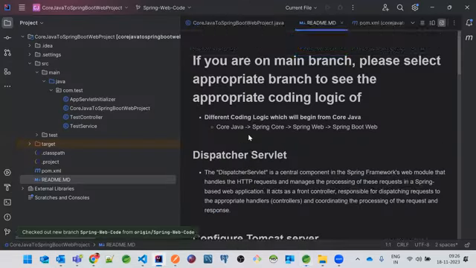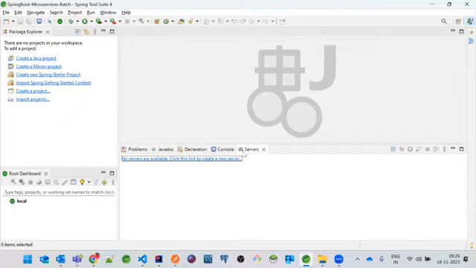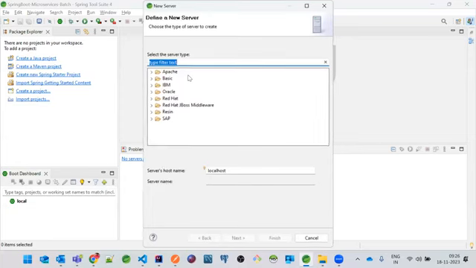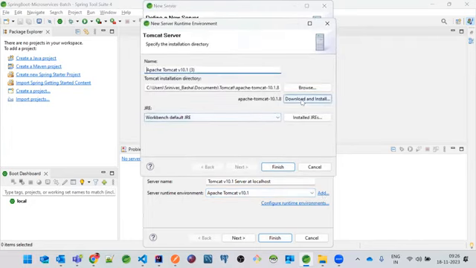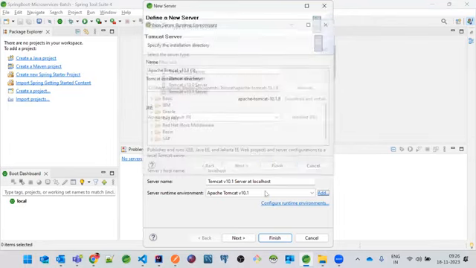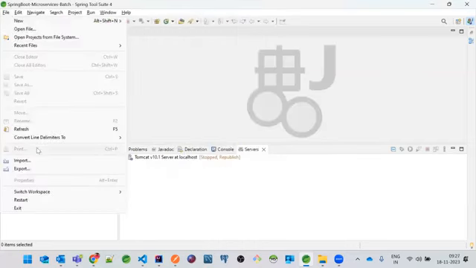The same thing has been given over here, how to configure the Tomcat server. On the top menu, go to Windows, Others, type servers, then a new tab will be generated after the console tab. I have just documented the same. Just understand it, okay? And here you just have to download the Tomcat server. If you don't have the Tomcat server over here, you can just click on this add. Probably you can just download and install it. You can also download and install it directly from here. Okay. Now, once this is done, you can just click on finish. And then once you do have the server, then import the project